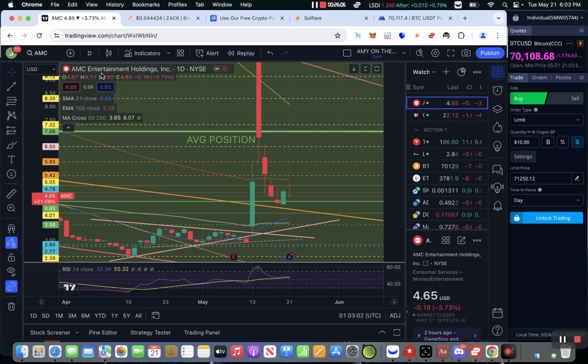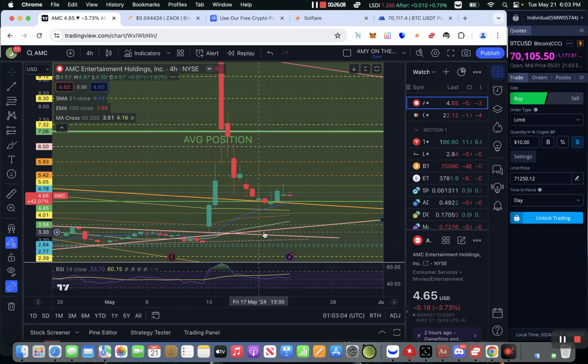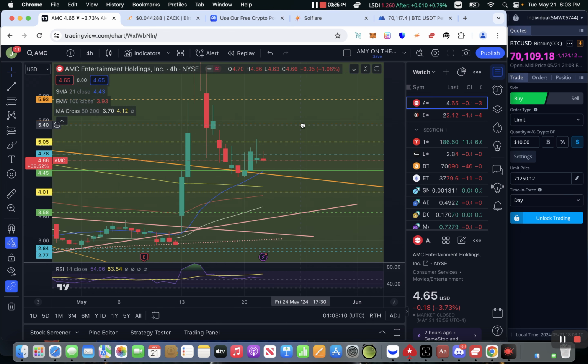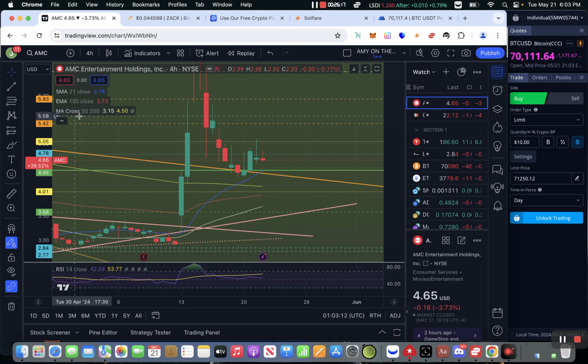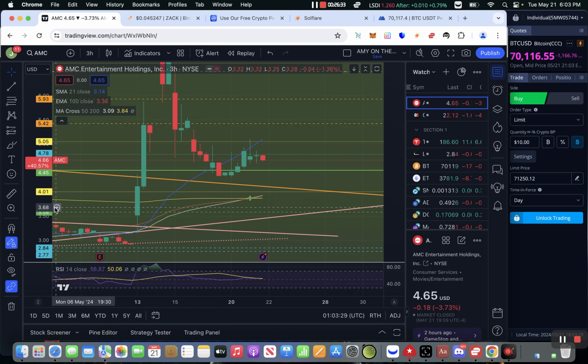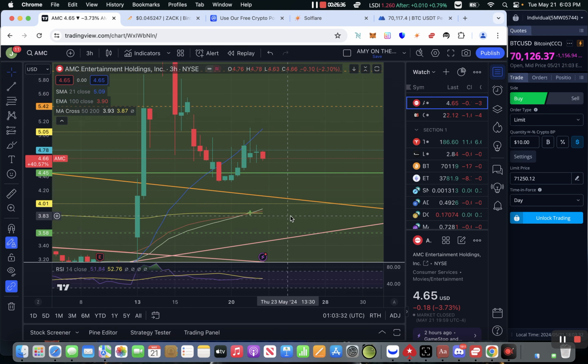Let's go to the 4 hour. What I'm looking for on the 4 hour is a crossover of the 50 and 200, which is a golden cross. That's not there yet. I think you've got to give it maybe a week before it does a golden cross on the 50 and 200. On the 3 hour, we're there. How strong it's going to be, we'll see. We still have to have price action going up, but it's right there. You see that right there.